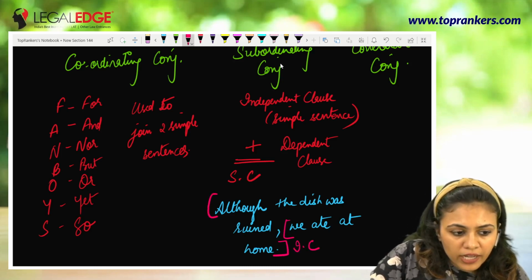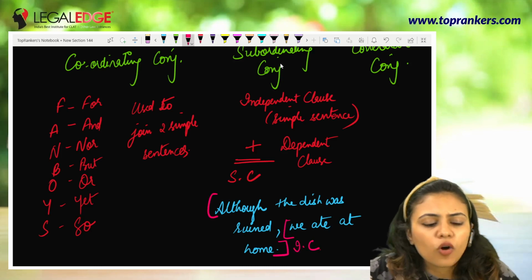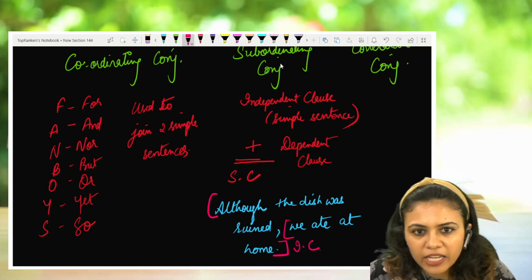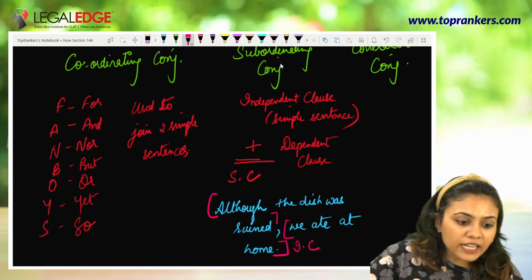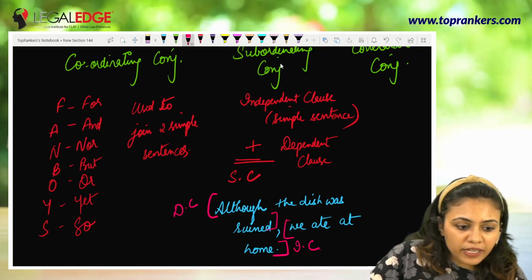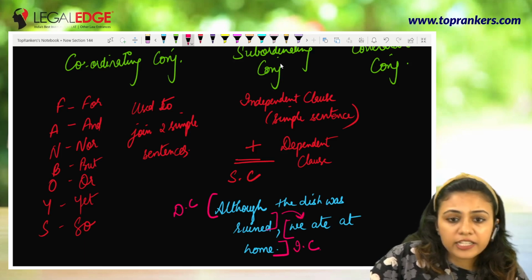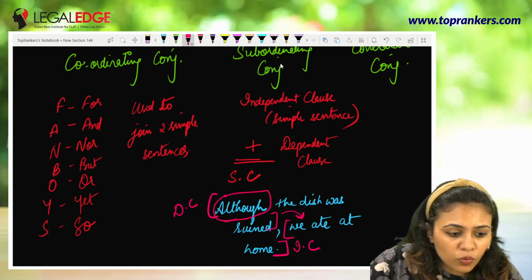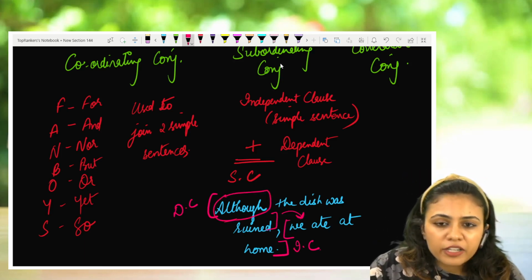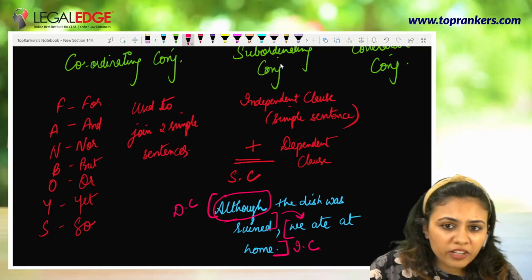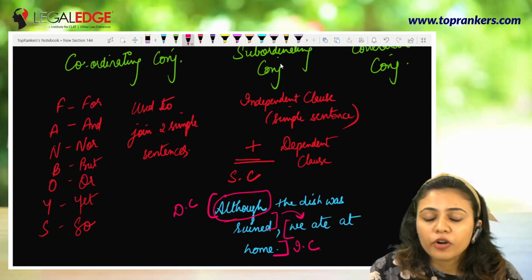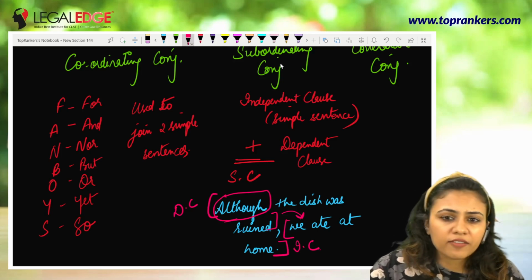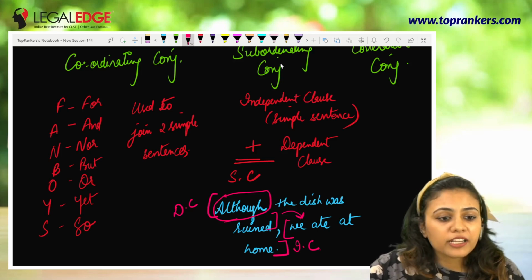तो फिर ये क्या हुआ? ये किस पे डिपेंडेंट है? इस पे. क्योंकि if I say although the dish was ruined, पर उसके बाद क्या हुआ? कहानी पूरी तो समझ में आई नहीं. So this is basically a dependent clause. ये किस पे डिपेंडेंट था? इस वाले सेंटेंस पे डिपेंडेंट था, राइट? और यहाँ पे कंजंक्शन कौन था जिसने इन दोनों को जोड़ा? It was although. So समझ में आया एक independent और dependent clause को who is going to be the joining force between the two? It's going to be a subordinating conjunction. So words such as although, though, therefore, ये सारे words जो होते हैं वो हमारे subordinating conjunctions की category में